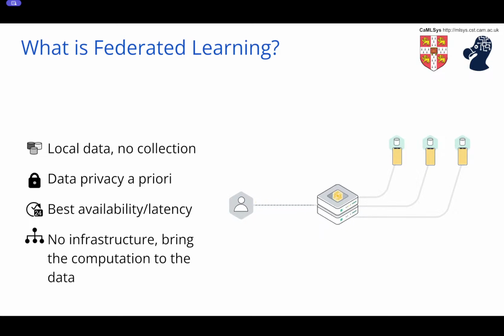In this picture, you see data existing on phones, but you could replace the notion of phones with hospitals. You could replace it with laptops in a corporation. You could replace it with IoT devices with nice sensors. So wherever data is naturally arising, we're going to leave it where it is. And then we're going to start to learn from that data at that location.